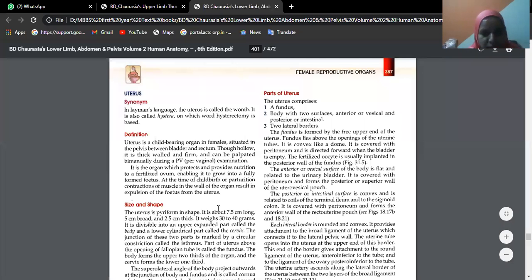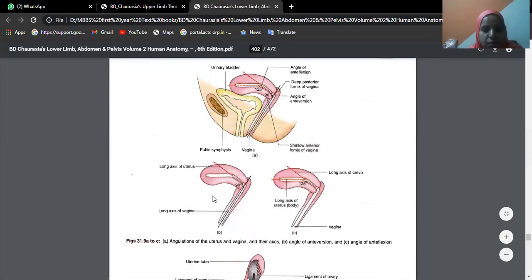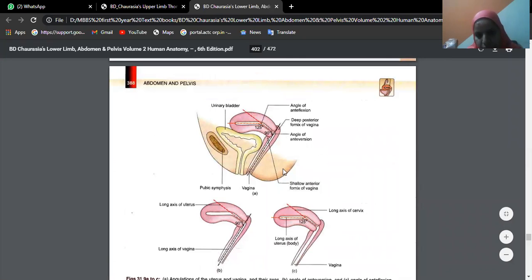Now see uterus. I was talking about the position, right? See, this is the female sagittal section, beta. This is the pubic symphysis. Behind the pubic symphysis, we have the urinary bladder, isn't it? Behind the urinary bladder, we have the uterus. If you just look at the uterus, it is not a straight line, isn't it? It is bending over the urinary bladder. It is making certain angles.